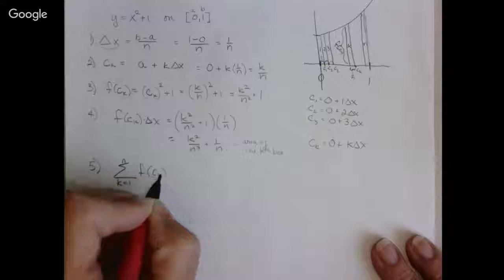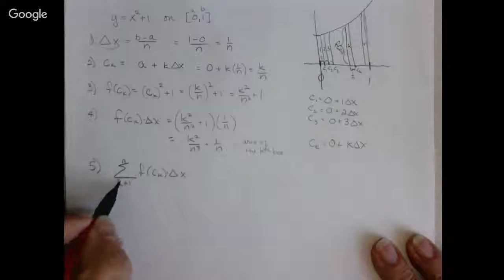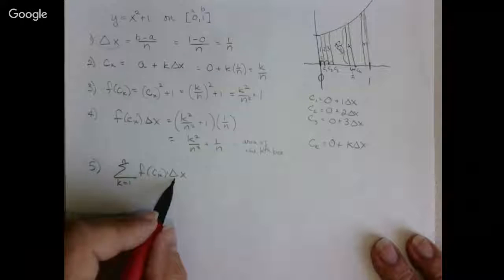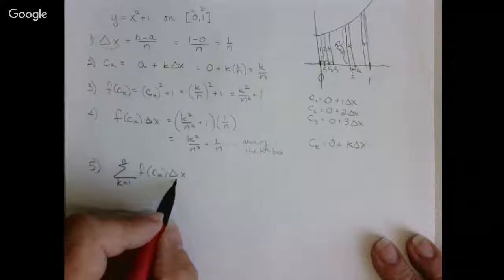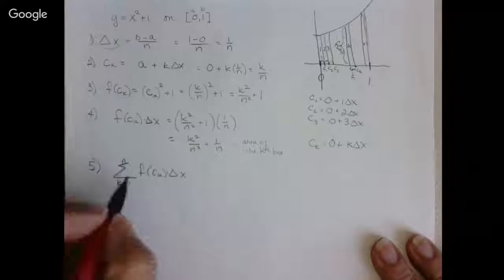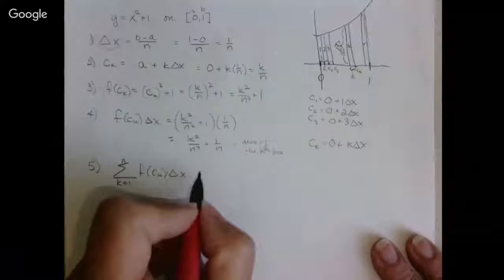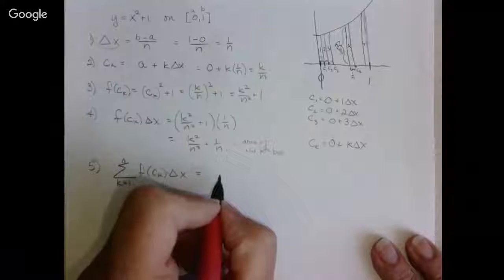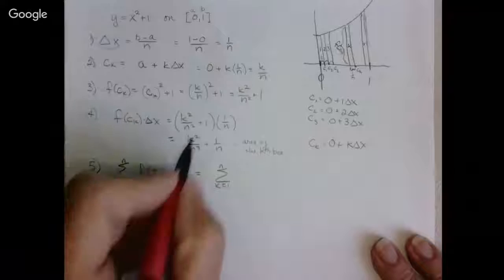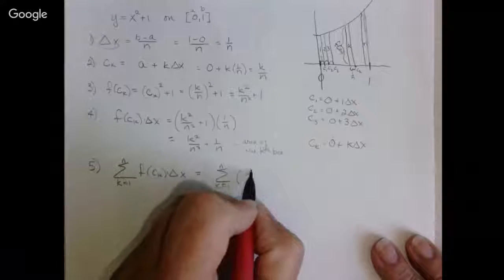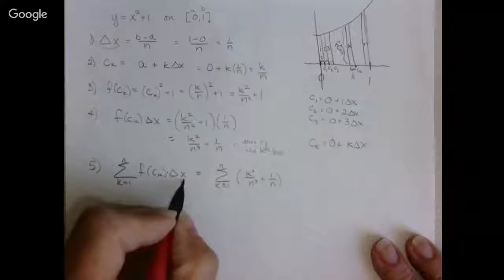I will multiply the height times the width, and I will add up the height of box number 1 times the width of box number 1, plus the height of box number 2 times the width of box number 2, plus until I get to the last box, the height of the nth box times the width of the nth box. In our case, we'll have the sum from k equals 1 to n. F of C sub k is k squared over n cubed plus 1 over n,